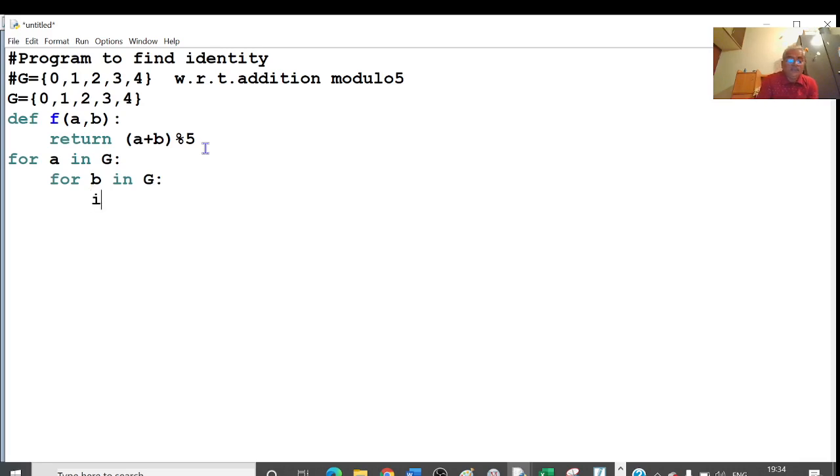I am checking if f of A comma B is equal, using double equal here, to B. I am comparing these two.